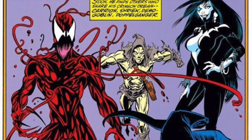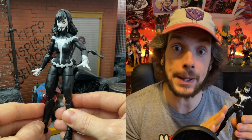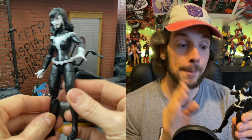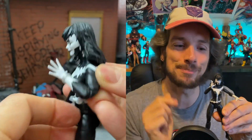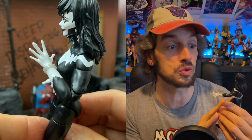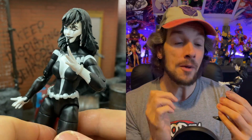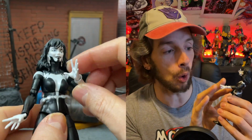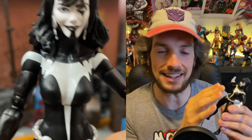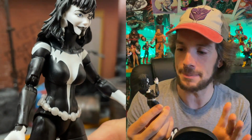Let's see what we can talk about as far as positives are concerned, though. It's the new female body, and this is a good body. It's got the double jointed elbows. Look how high up her hand is bending here. That's great. That's really nice. What else have we got that's good? The paintwork is actually very nice and clean. All the lines are very clear, like it's a nice paint job,